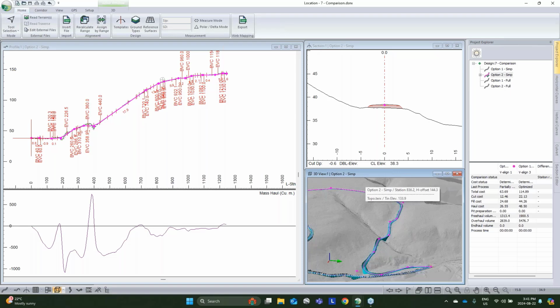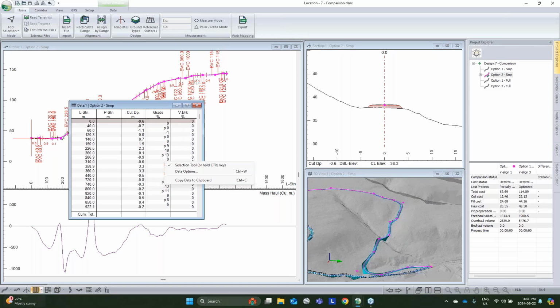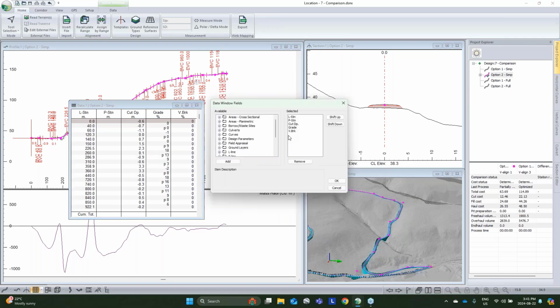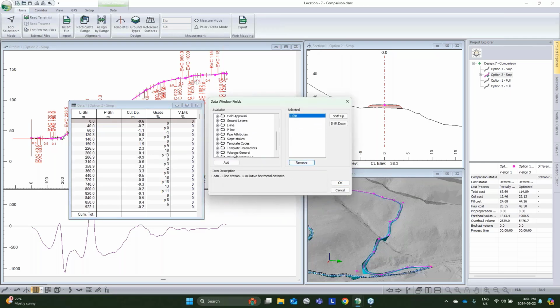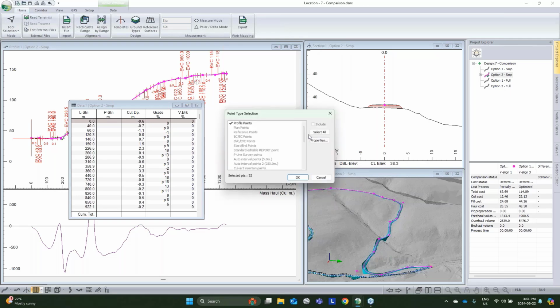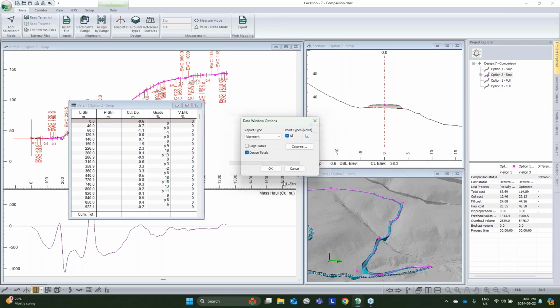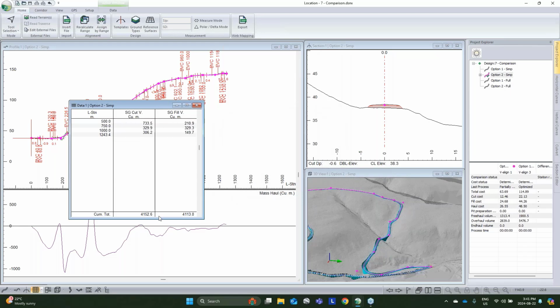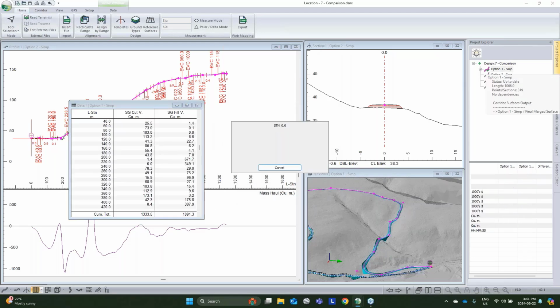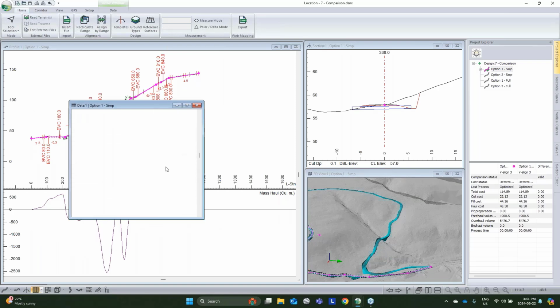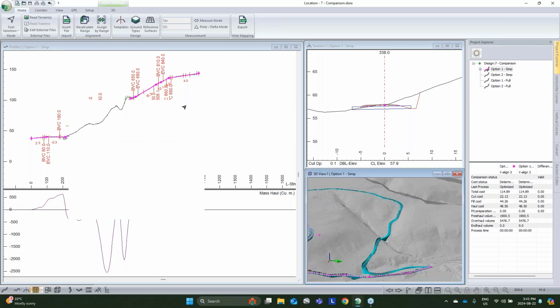If we want to look at either of those in more detail, we can of course populate a data table to look at all the gory details like cuts and fills. But yeah, just at a glance, we can see we are coming way ahead by going with this other option. So 41.52 for our total cut versus, we'll scroll down to the bottom here, 7,300 cubic meters. So totally can use it to compare entirely different options,